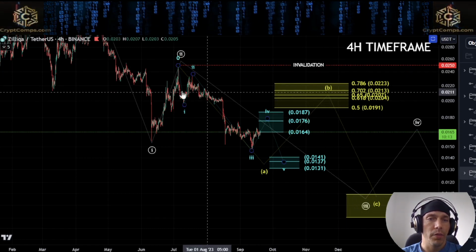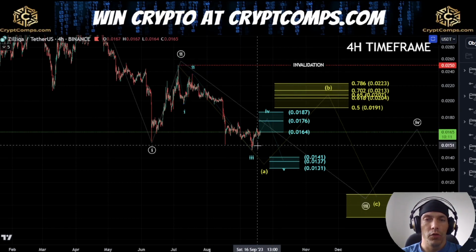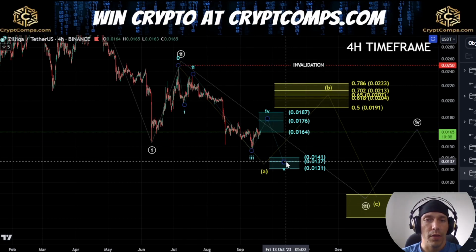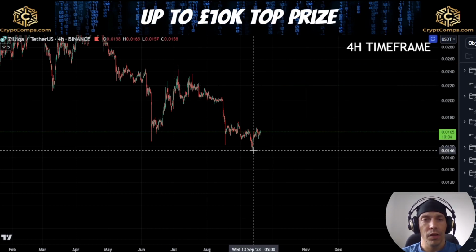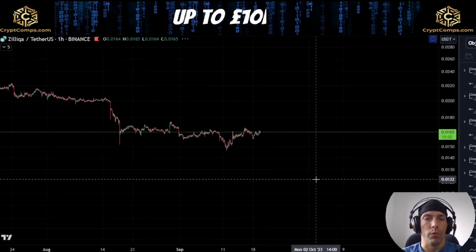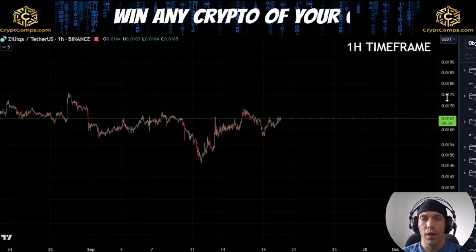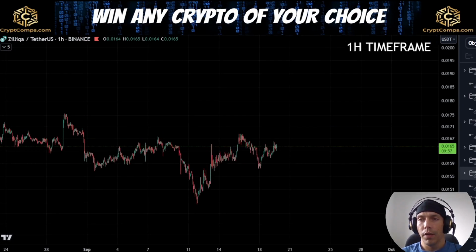If we move back above that, then it's possible that this move could just complete as a 5-wave move down, and that could be the end of the B wave, and we could look for that to push to the upside. Now we're going to discuss what would need to happen if we're going to look to rally off this low. Now, given the current structure here, the way that I'm looking at this is that if we're going to